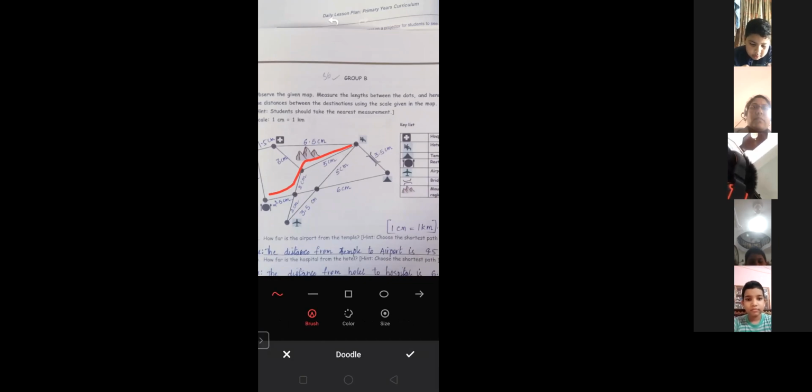Let us add them and see which one is short. If you choose this way, you have the lengths occurring in between: 5 centimeters, 2 centimeters, 2.5 centimeters. When you add them, how much will you get? 5 plus 2 is 7 centimeters. 7 plus 2 is 9 centimeters.